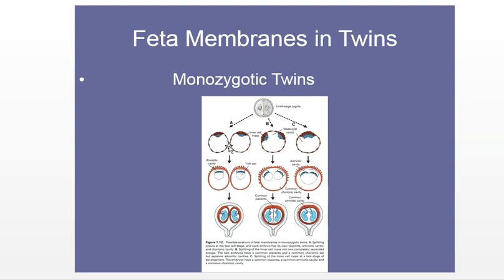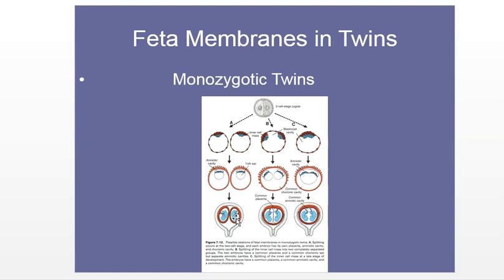The blastocysts implant separately, and each embryo has its own placenta and chorion. Although the arrangement of the membranes of these twins resembles that of dizygotic twins, the two can be recognized as partners of a monozygotic pair by their close resemblance in blood groups, fingerprints, sex, and external appearance such as